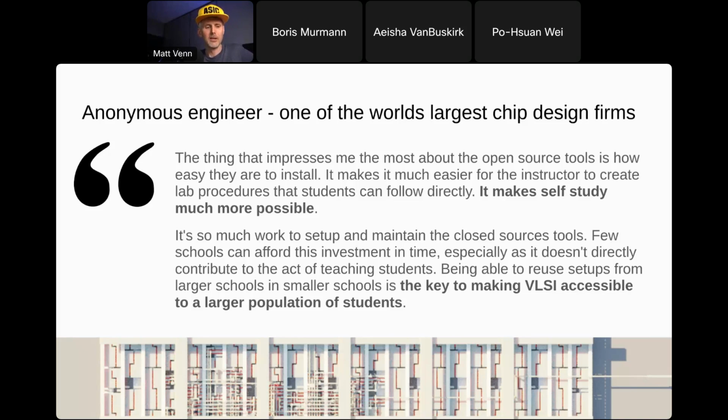How do you do the training? You can learn all the same stuff. You can learn how to do STA. You can learn how to do verification. You can learn how to write formal verification assertions with the open source tools. So you can get much more applied, much more practical training by using the open source tools, even in industry,